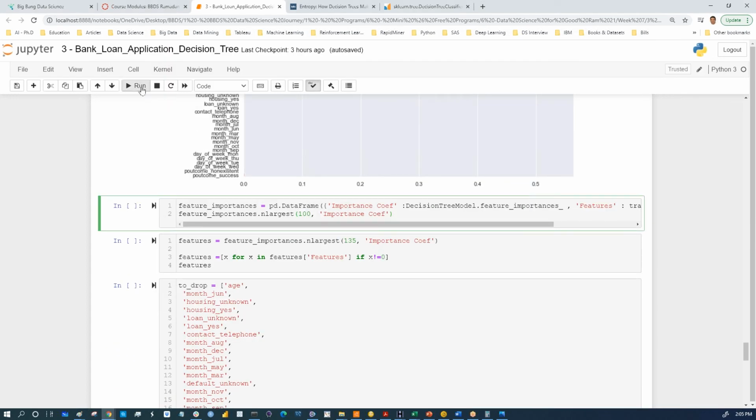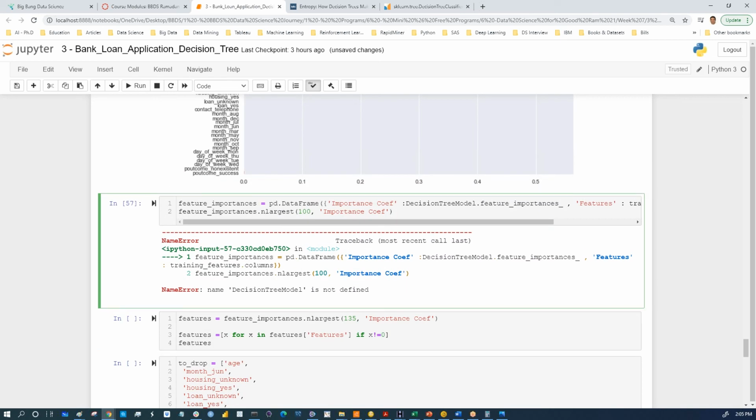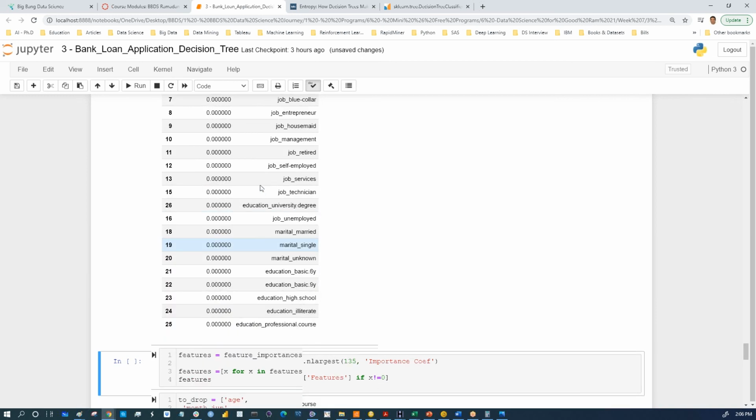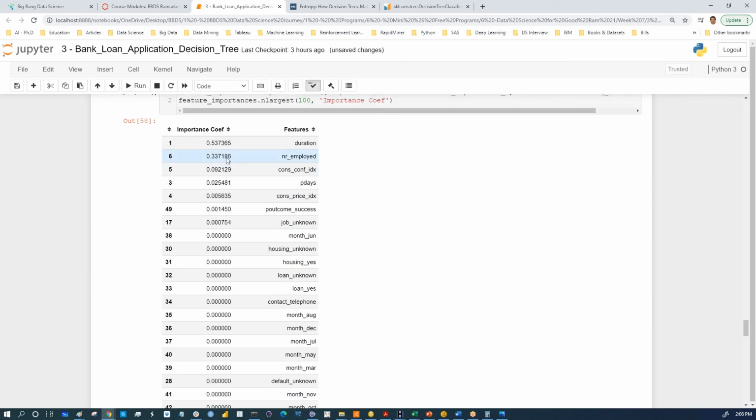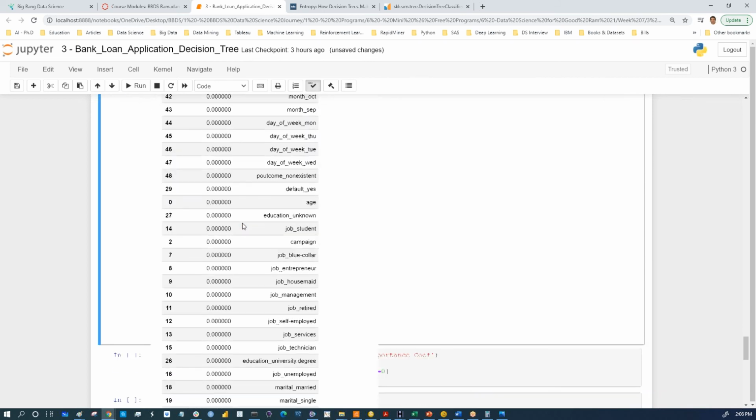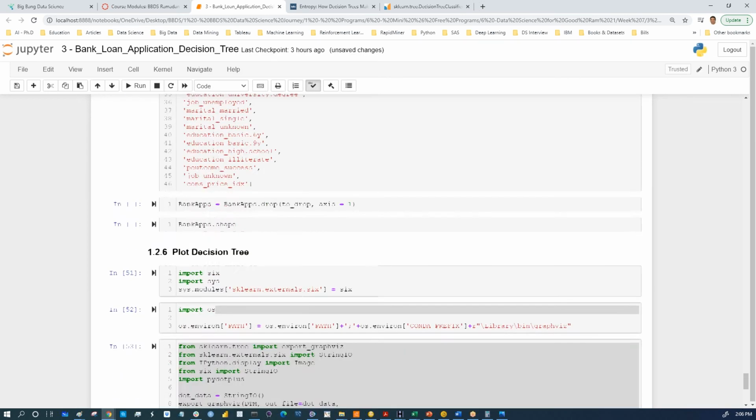And this is what I did here. Again, we need to change that to ATM. Now this is in descending order. So the most important feature to determine if a client will purchase a term deposit or won't is duration, followed by number of employed, followed by the conf index, pdays, and job unknown. The remaining ones we are going to remove,